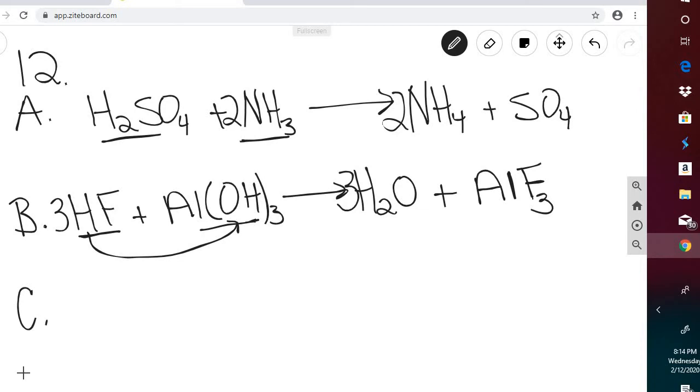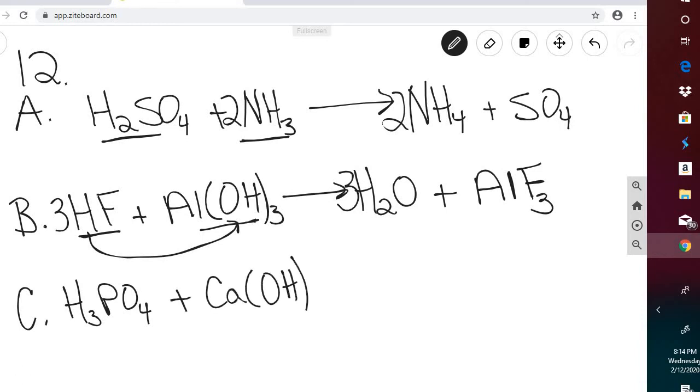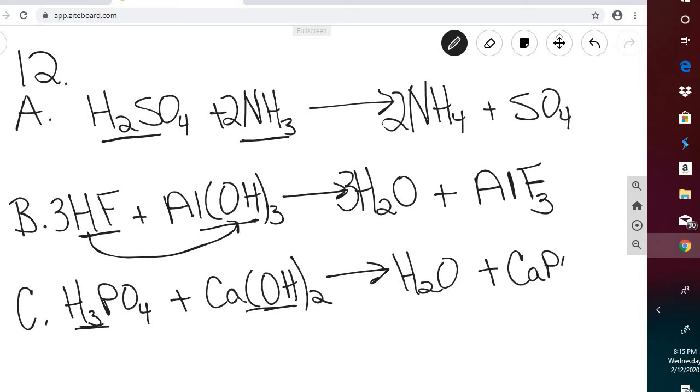Okay, 12C is the reaction between H3PO4 and calcium hydroxide. Okay, so again, the acid here, this hydroxyl tells us that's the base. So these hydrogen ions from the acid will be donated to the hydroxyl to make water. And then what we're left with is the calcium phosphate, CaPO4. So when we look at the charges, calcium has a charge of +2,